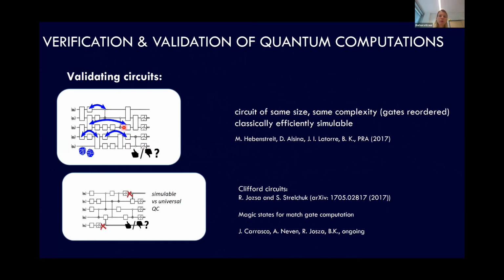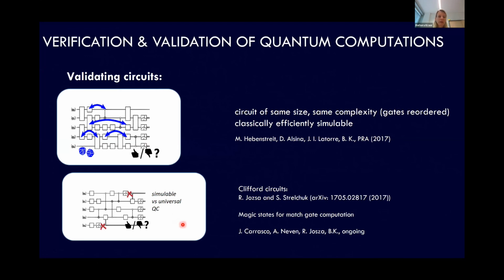is to simply change the order of the gates. So you keep the same number of gates, also the complicated ones, you keep the same number of the complicated gates, but you reorder them in order to have such a setting where you have first just match gates and then just the Cliffords, and then you make measurements in order to obtain the results. And then this is something that you can classically efficiently simulate.